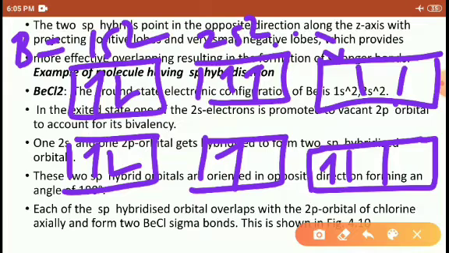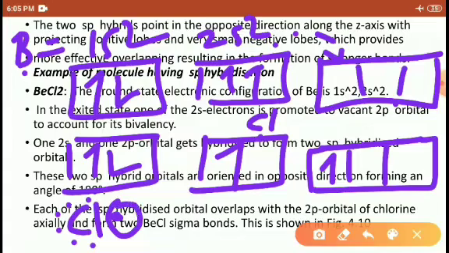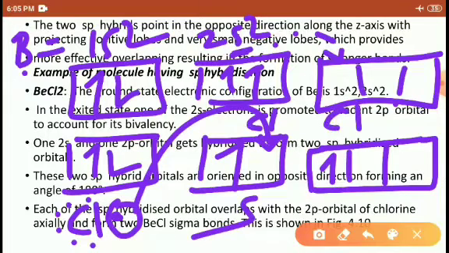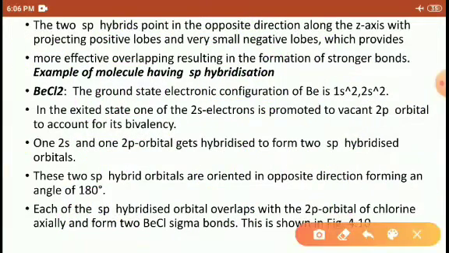So tell me, students, here we are always considering the central atom's hybridization. In Be, one chlorine bonds by sharing one electron, because chlorine has seven outermost electrons. This one electron is shifted here, in which orbital? S orbital. One more chlorine is shifted here, to the p orbital. sp hybridization, alright, students. So the 2s and the 2p orbital both get hybridized here to form sp hybridization.